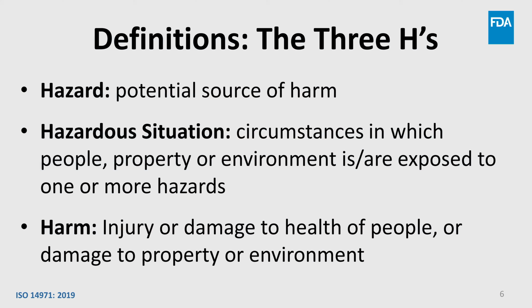document. This first set of definitions I like to call the 3 H's. They move in a sequential order from one to another. Let us start with a hazard. A hazard is a potential source of harm. Next is a hazardous situation. These are circumstances in which people, property, or the environment are exposed to one or more hazards. Then there is harm. Harm is injury or damage to the health of people or damage to property or the